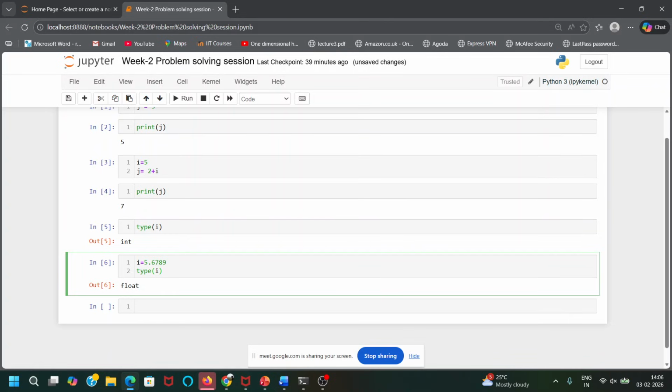So the thing is, why are we storing integers as int and why are we storing numbers as float? In computers, we have registers or memory. Whatever you write in memory is stored in the form of zeros and ones, the binary system. Whatever value we write, 5 or 6 or 7, it is converted to the binary system, and then that value is stored in the computer, 0 1 0 1, something like that.